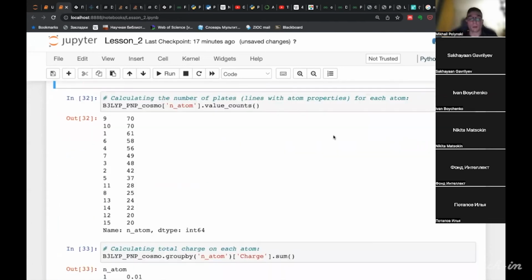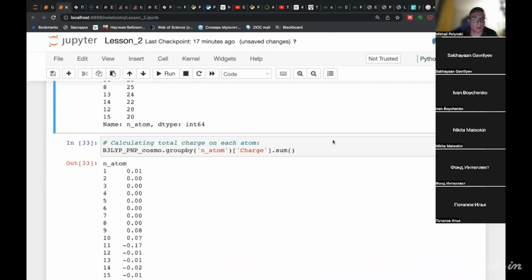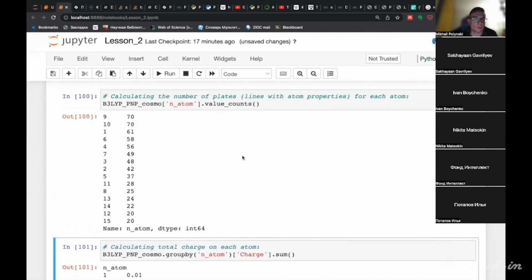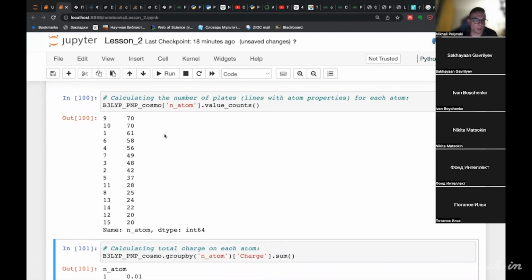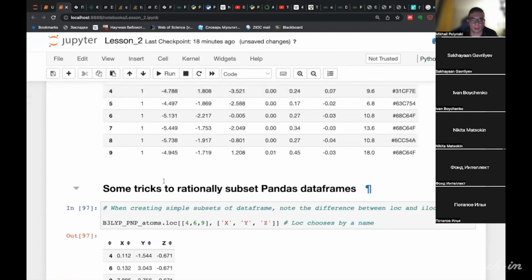You can use several methods to analyze data frames. For example, you can use value counts. You can use sum. For example, here we have 161. What does it mean?